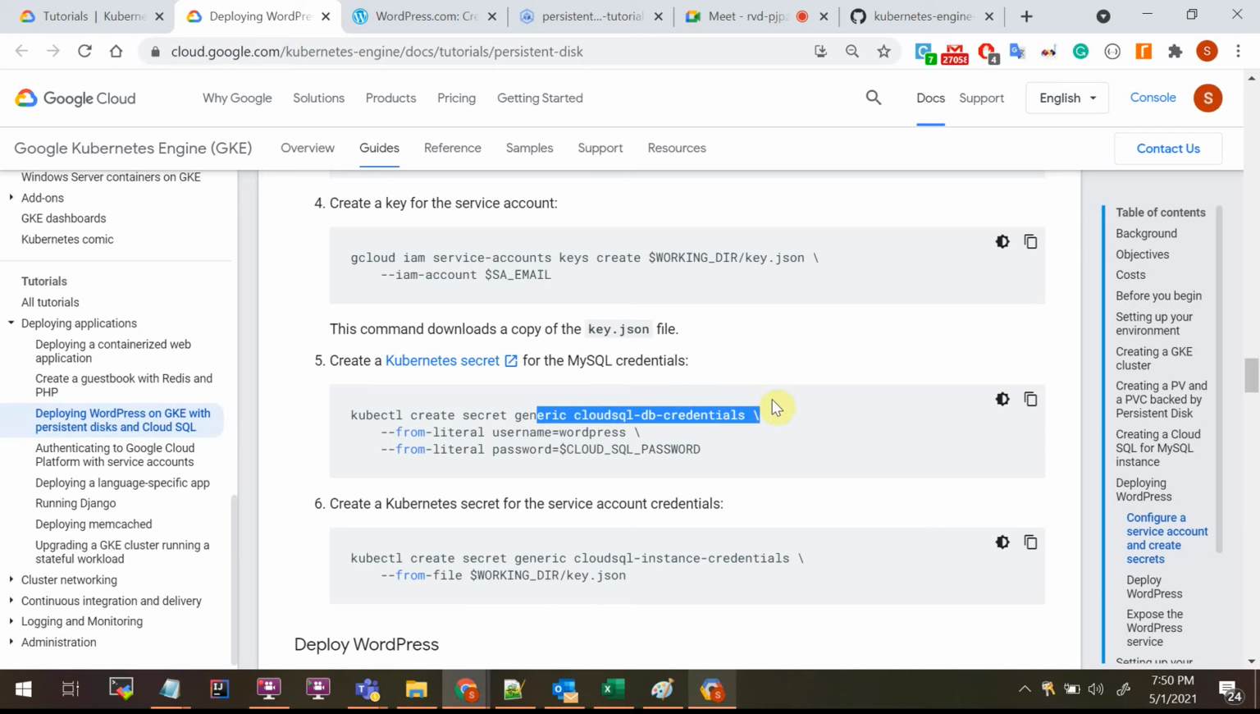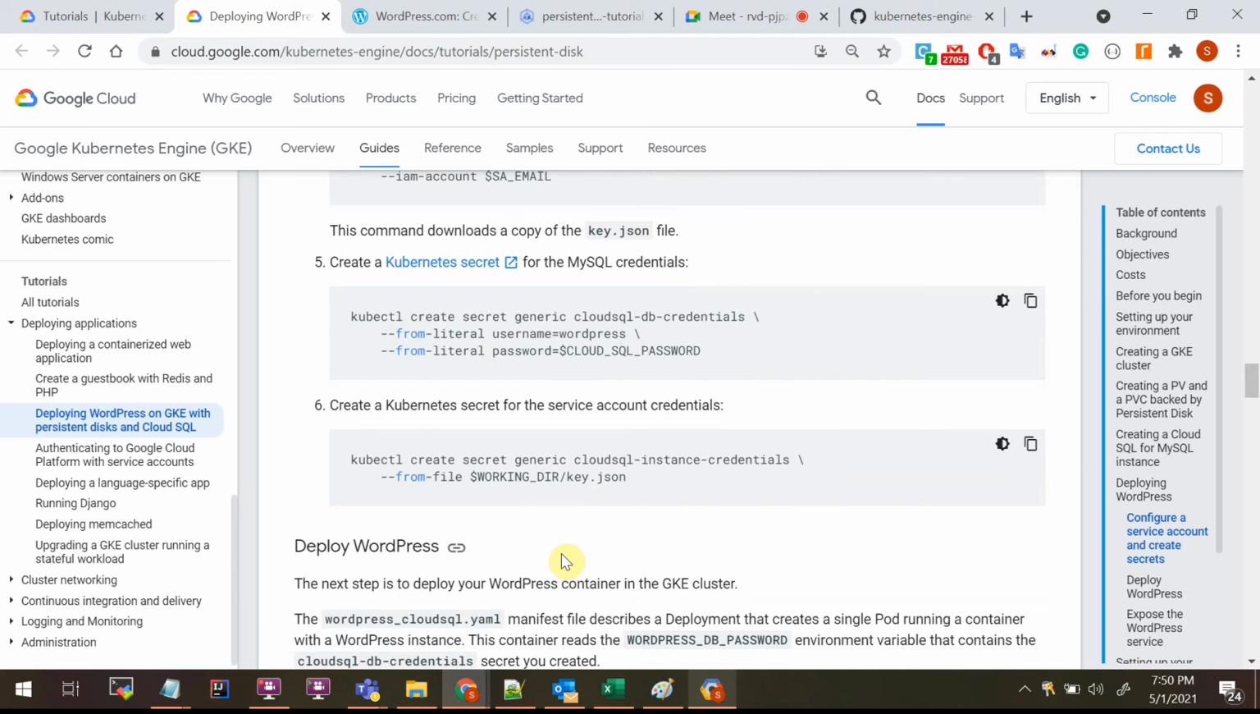So same thing, more or less, it's the same thing. So here DB credentials and here is instance credentials. So that's the difference. I mean, you need two things. I mean, logically, if you see the steps,